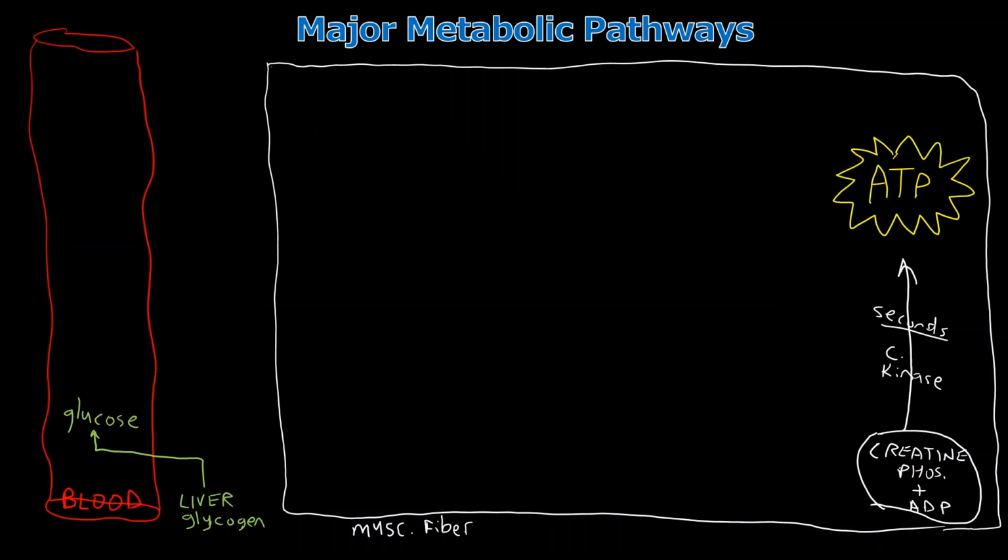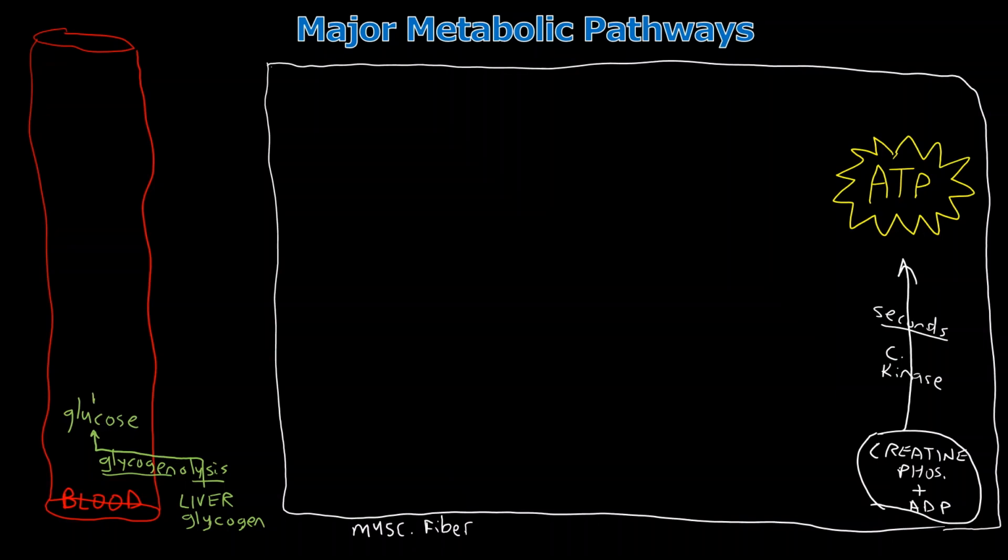Now, this is called glycogenolysis, so I'm going to write that here. Glycogen, right? It's got the word glycogen, and then O, and then lysis, referring to break. So we're going to break glycogen. So if I can take some liver-stored glycogen, break it through glycogenolysis, I can receive some glucose straight into the